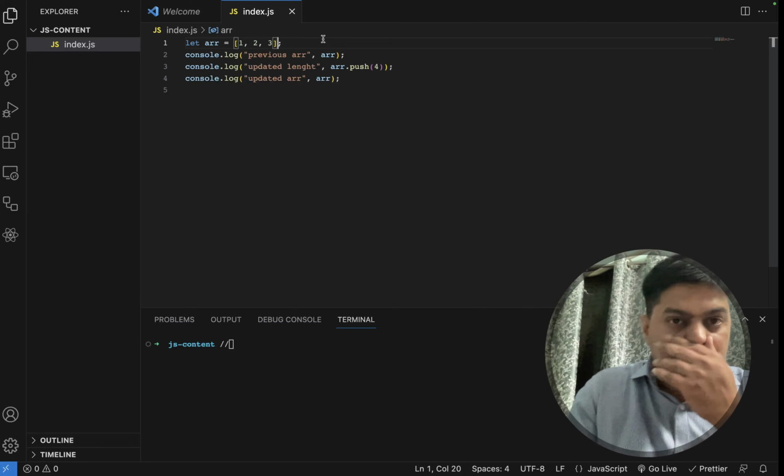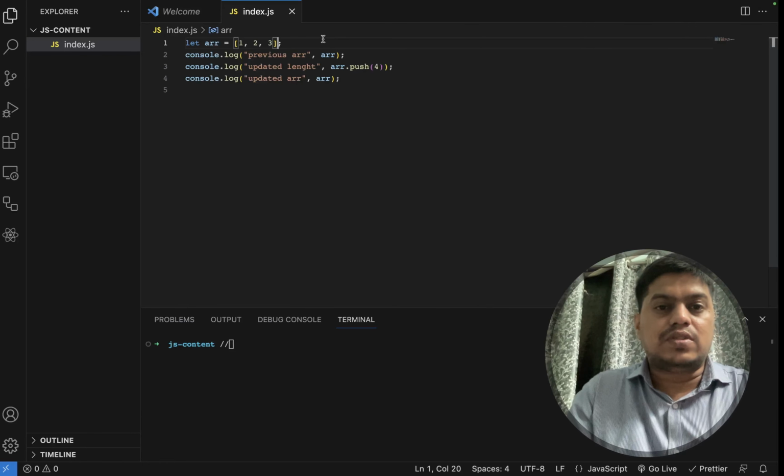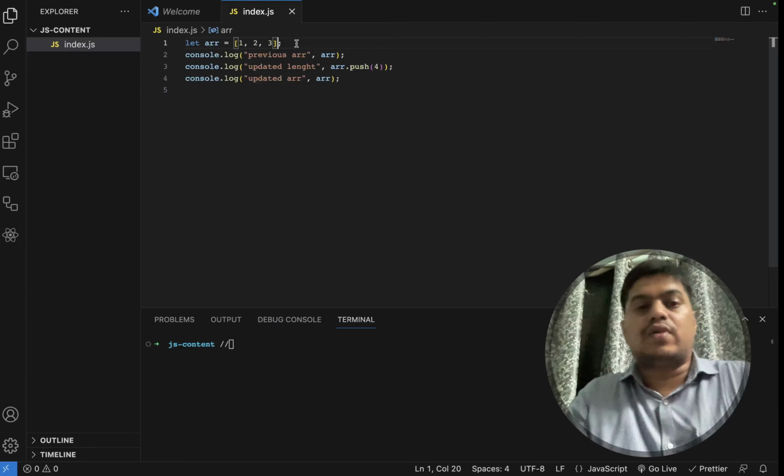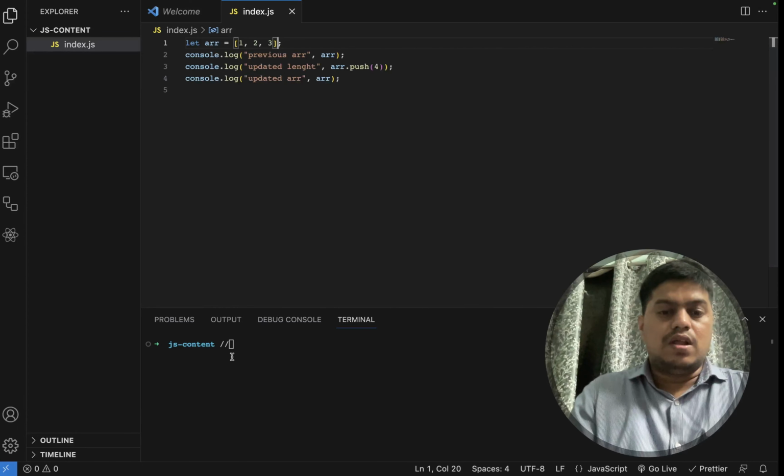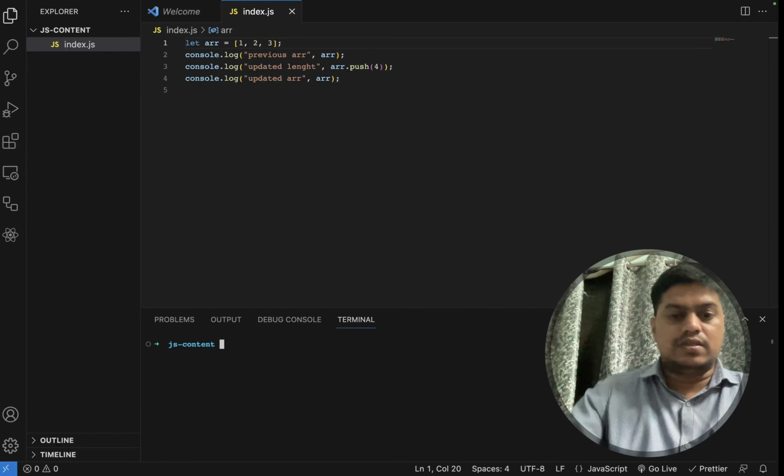Just remember that it is going to push your data inside the backside of the array. Okay, not the middle or the front or any random place, in the backside of the array. Okay, got it. Now let's save this, and